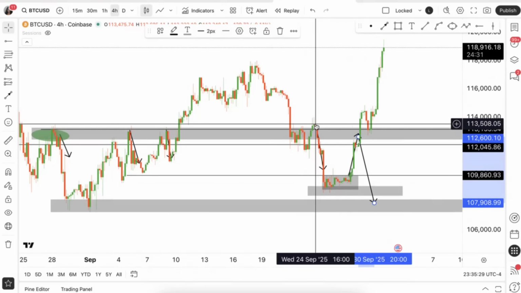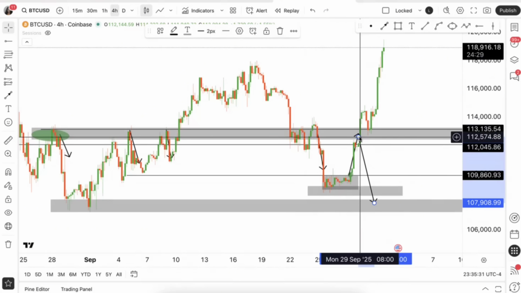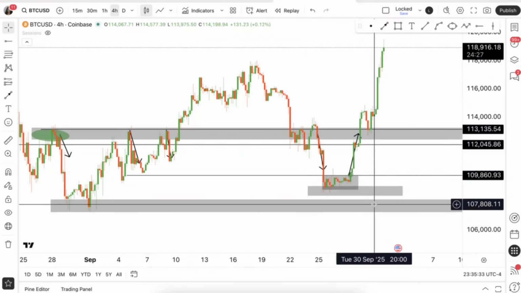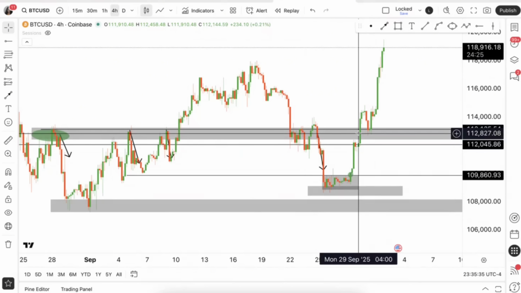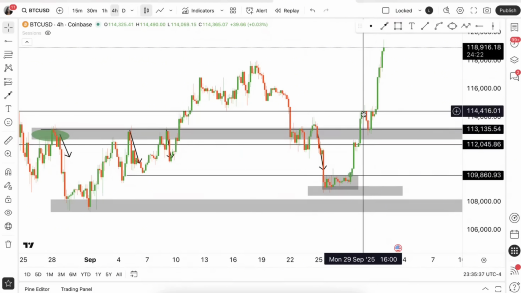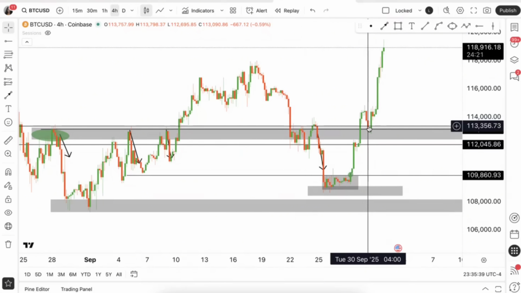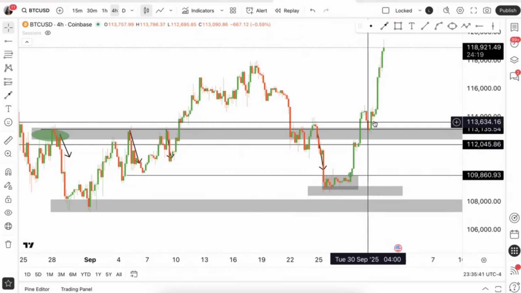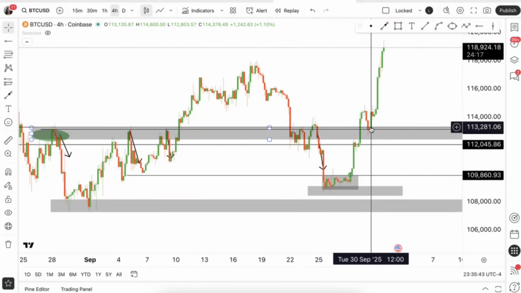Just as long as it doesn't break above here, we were good, and then it could have sold. But it didn't do that. We got a break above that level. We got a break above that level. Or even a retest, quote unquote. You guys love that. Even a retest.